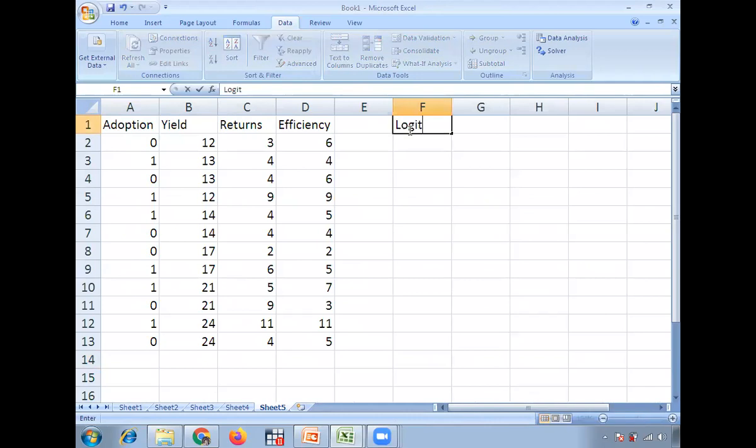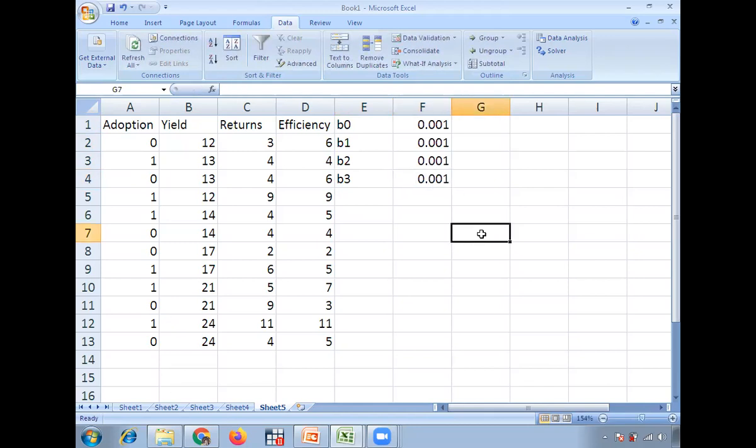Now the first column is logit. So in logit, what I told you before setting logit, the most important thing is we have to set the initial values of the beta coefficients, right? So here we have 3 independent variables. So we'll have 3 beta coefficients, and then we should have an intercept. So let us have B0, B1, B2, B3. Got it? So 0.001, some initial value, not a high value, because it will cause difficulty while estimating, because we have to